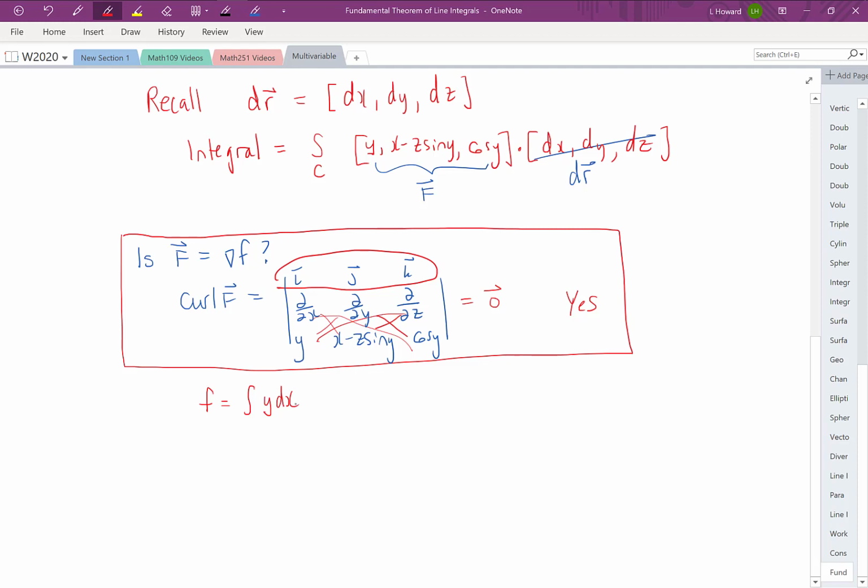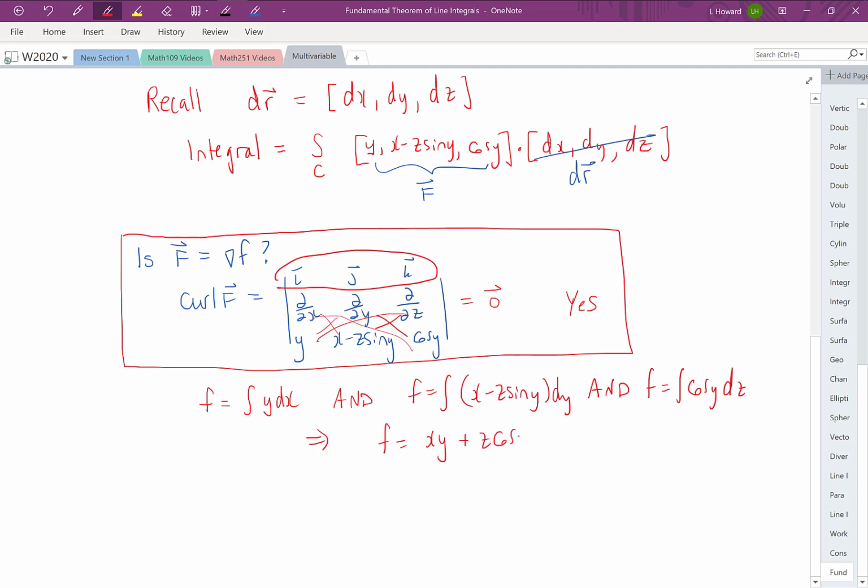So f is going to be the integral of y with respect to x. It's also true that f will be the integral of x minus z sine y with respect to y. And it's also true that f will be the integral of cos y with respect to z. So putting all of that together and going through the details quickly, what we find is our function little f looks like xy